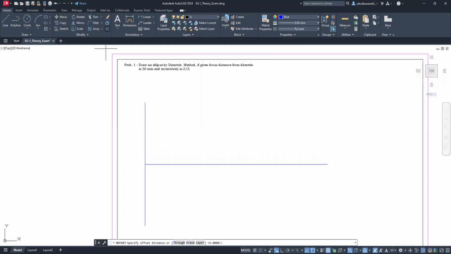Now your cursor is in the offset command. Near the cursor, the message is specify offset distance. I want to offset this line by 50 mm because the focus is 50 mm apart. So just type 50 and enter. Now your cursor is in offset with 50 mm. Now you have to select which object, because the computer doesn't know whether it is this horizontal line or this vertical line. So we have to click this